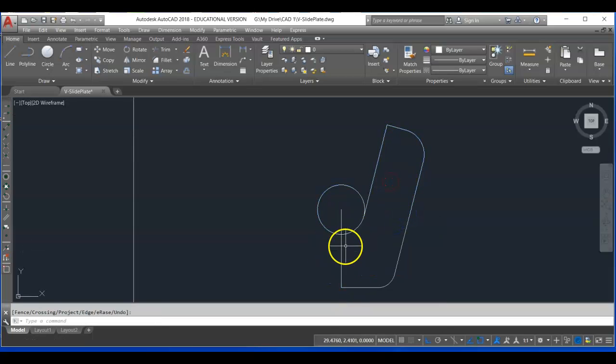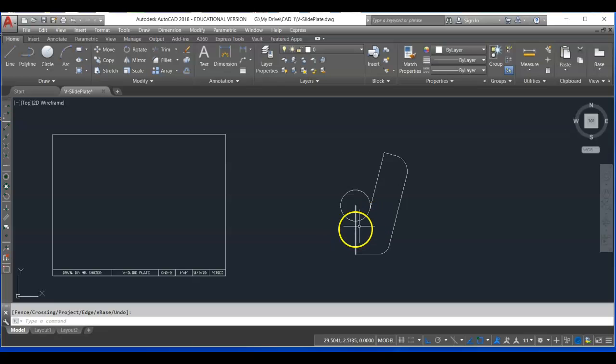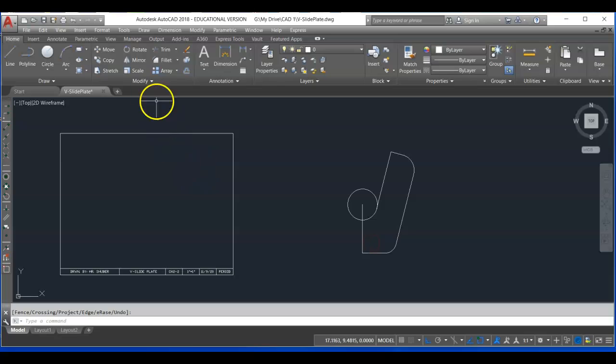Okay, I'm not going to trim this. Now, I've got the right side of this V-slide plate constructed. What I'm going to do now is use the mirror tool in the modify tool panel. Go to mirror, and I'm going to select this outer stuff. And once you do your selection, what you need to do is specify first point on mirror